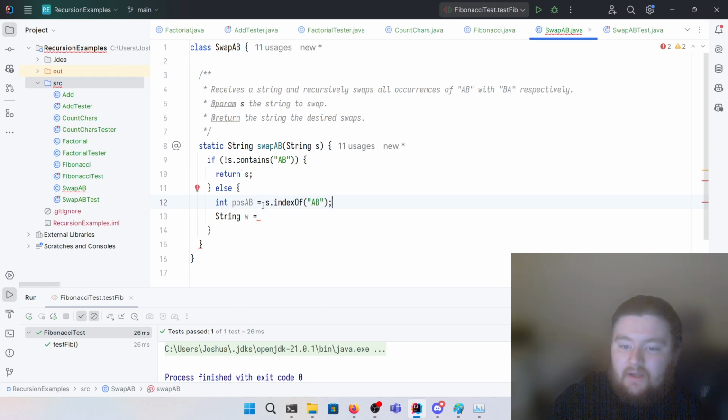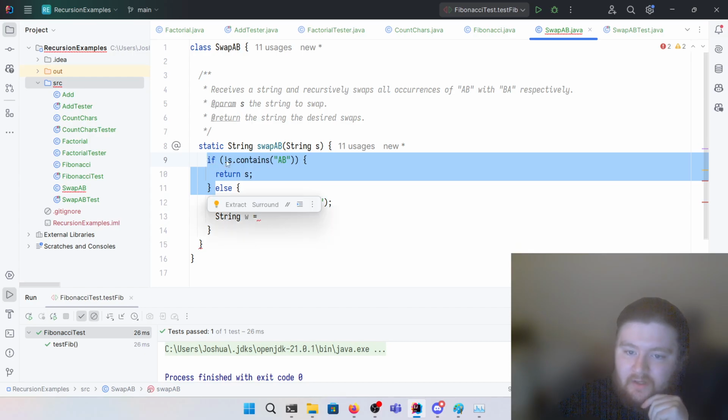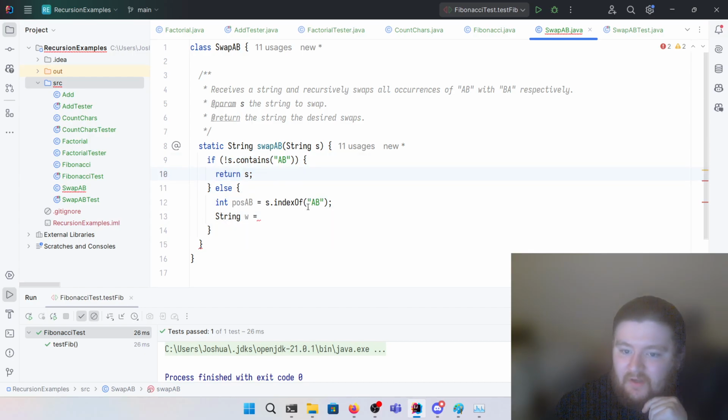So again, if this code were to return -1, it's not possible for this to return -1. Because if it would, then .contains would have failed, right? Because in order for something to not contain something, there can be no index of that string. Okay? So if that doesn't make sense to you, try and think about